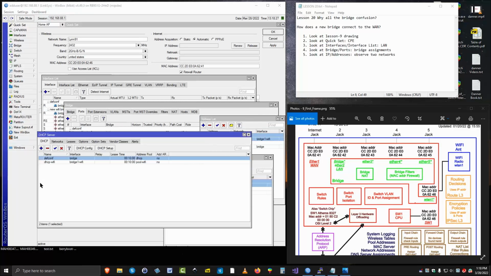Another thing we must consider is that if we have two networks, we have to have two DHCP servers to serve addresses to those clients on those networks. So here we have DHCP server. We have two of them. We have the default configuration one, which is called Bridge, which you've already talked about up here. And we have the new one, which is called Bridge 1 Wi-Fi. So if we look at those networks for a moment,